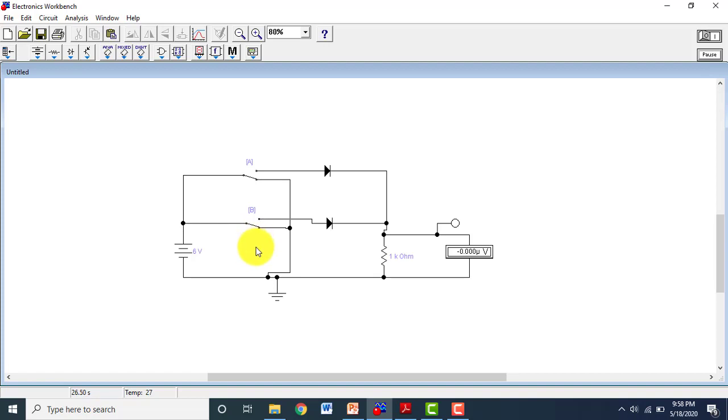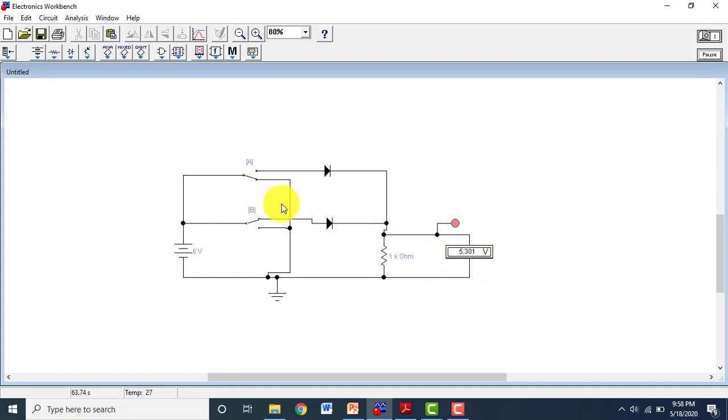So I will press B and B is at logic high, and as soon as I press B, the bulb is on and the voltage on the voltmeter will start to rise up to a certain value. You can see that the value is 5.3. Why is it 5.3? You can see that the input voltage is 6 volt, and whenever the 6 volt passes through a diode, due to the resistance of the diode, the voltage will be reduced, and the 6 volt will reduce to 5.3 volt.